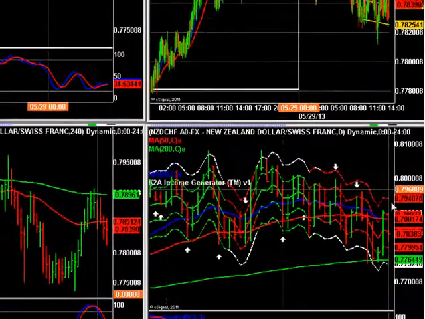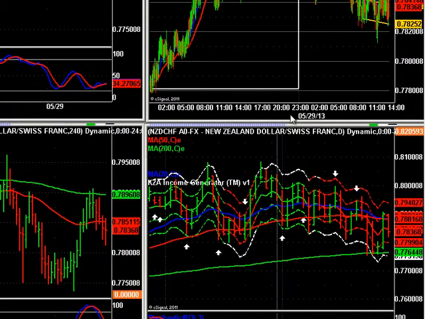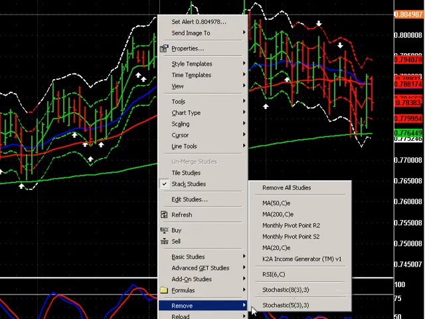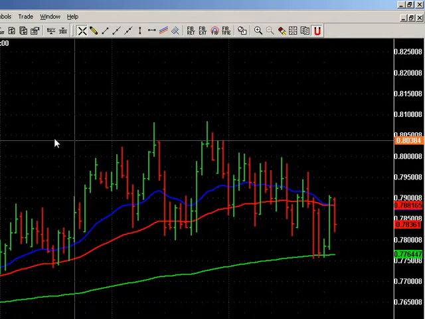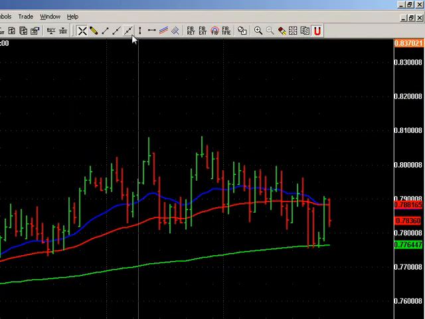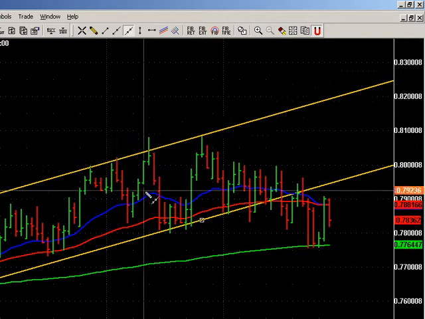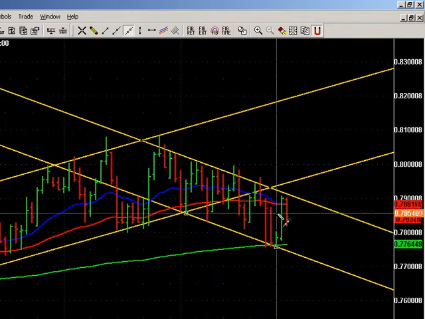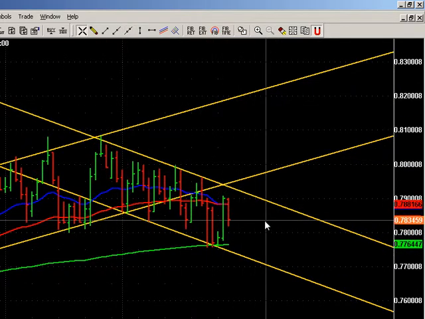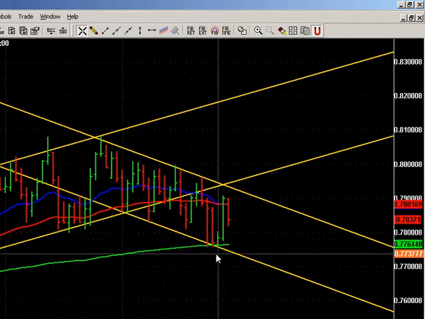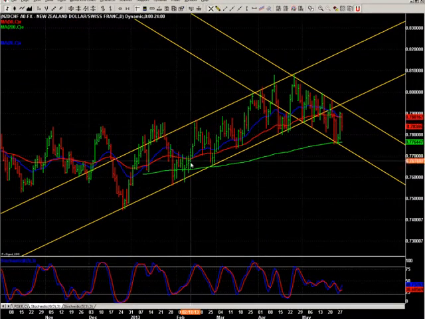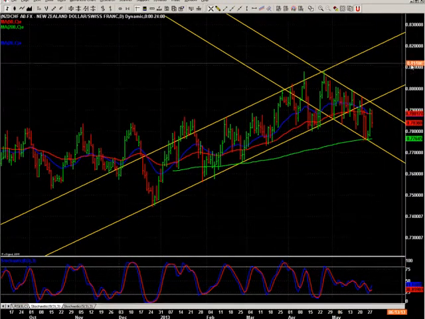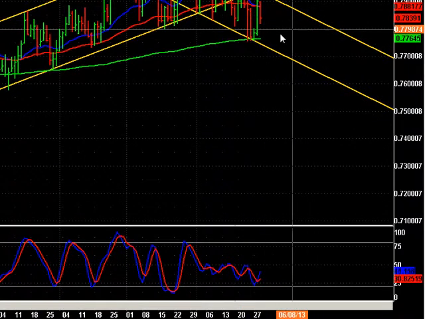Kiwi Swissy. Excuse me, there we go. Let me just take this indicator out. Right, so we got Kiwi Swissy. It was going up nicely for a while, making high highs and high lows, and now it's been pushing down. Although I don't like this channel because it's very tight and small. It bounced off the 200 moving average, and now it's not very clear. This channel here, I wouldn't trade it.